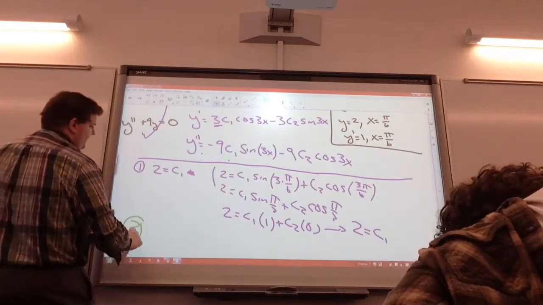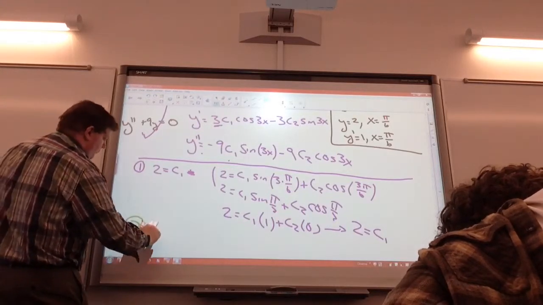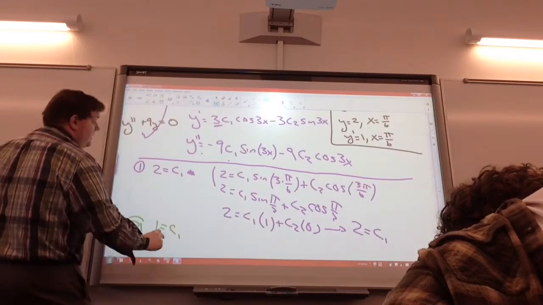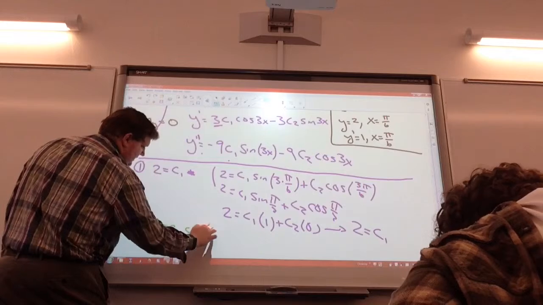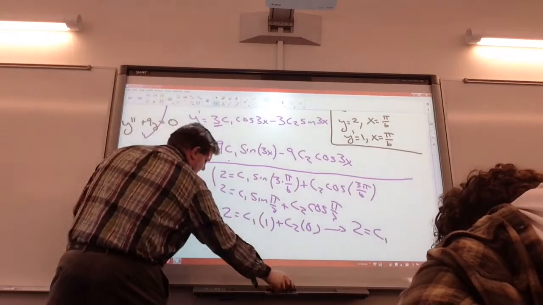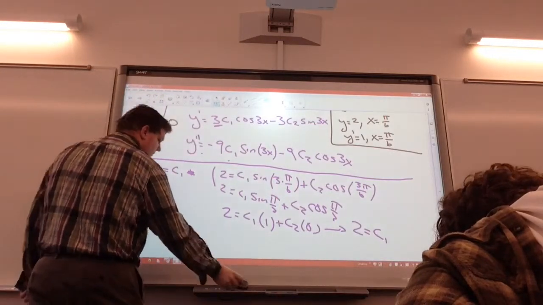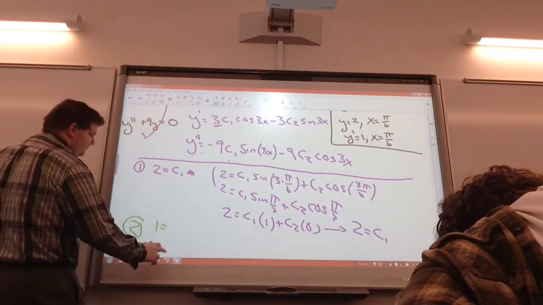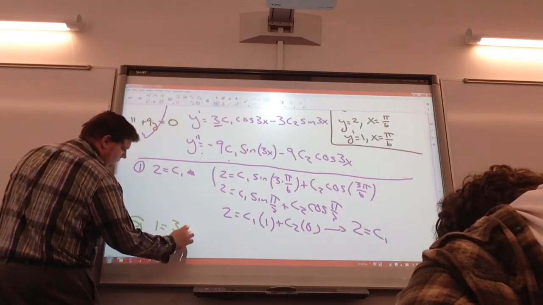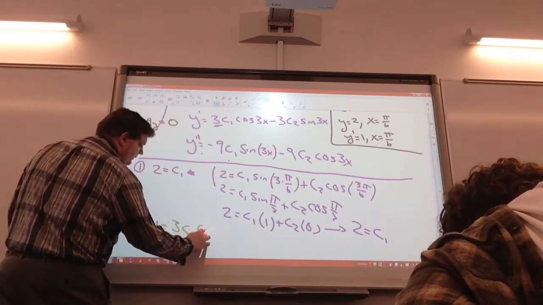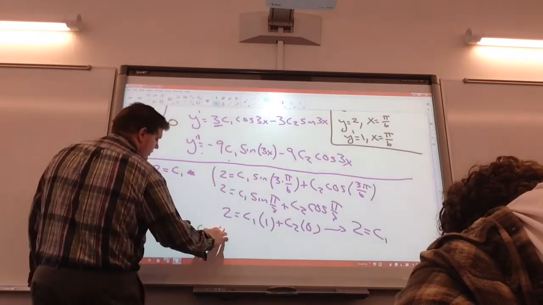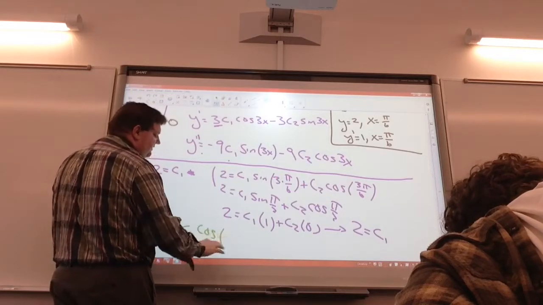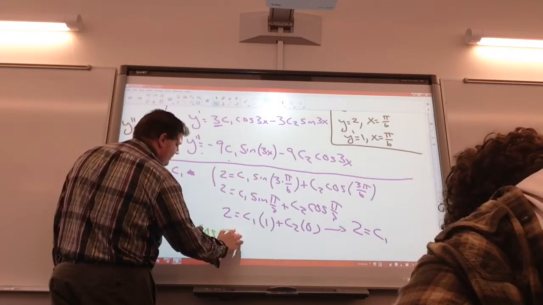The second one is going to be that 1 is equal to c1 cosine of 3, sorry, I'm leaving off my 3's. What is that, sine of pi over what? 2. So we just plug in 2 for c1. Well, we could plug in the 2 here, but we don't need to, because as you're going to see here,